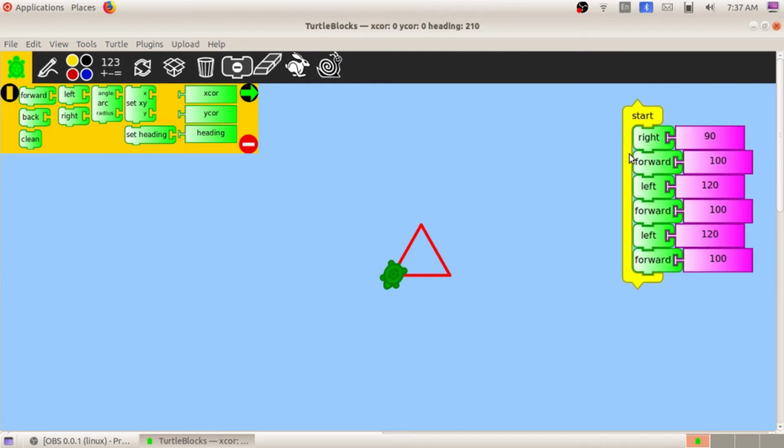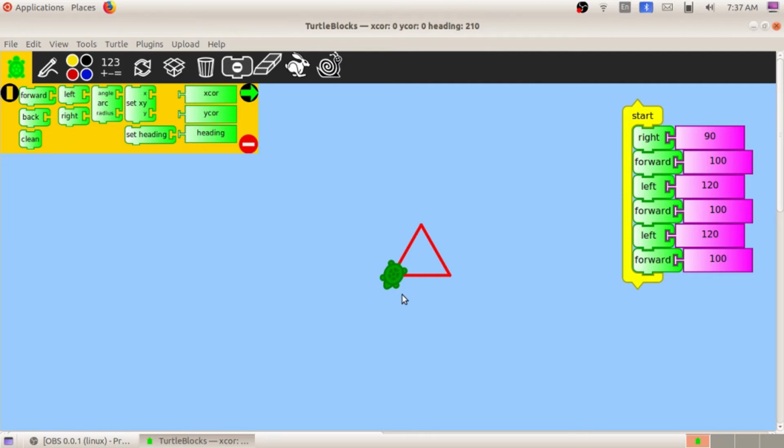Now we need to complete that given pattern, with one more triangle at the bottom. The tortoise is now in this position, in this direction. So how many degrees does he need to turn in order to start constructing the other triangle at the bottom? He needs to turn only 60 degrees.